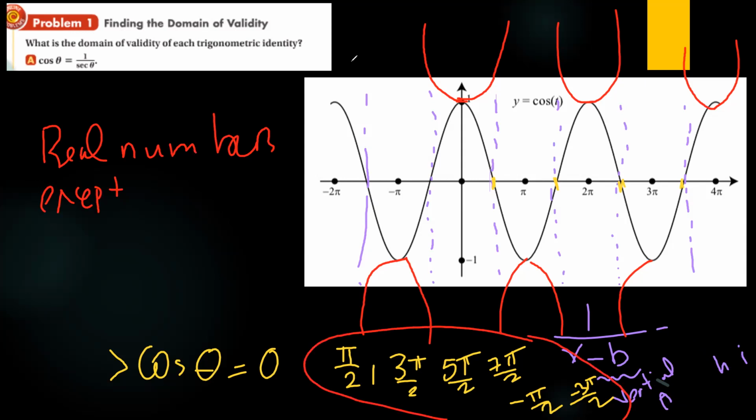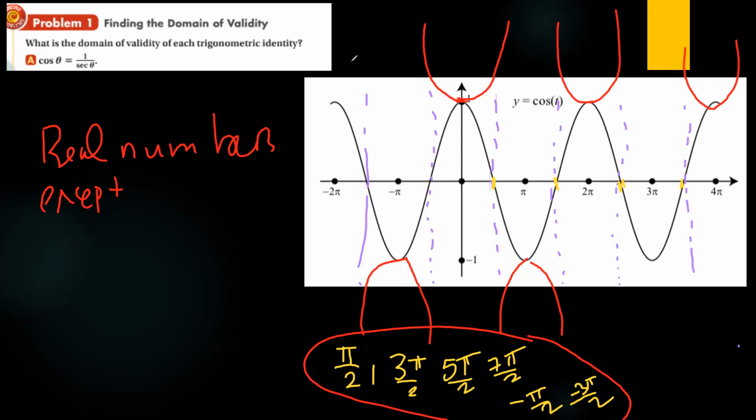Now, how can I rewrite these values? Here, you have to know something. In angles, you have to say odd multiple or even multiple. Look at here. The numbers are 1, 3, 5, 7, -1, -3. Are these numbers odd or even? Odd. Got it? 1, 3, 5, 7, and so on. They are odd. So you have to say that all real numbers except n times pi over 2, where